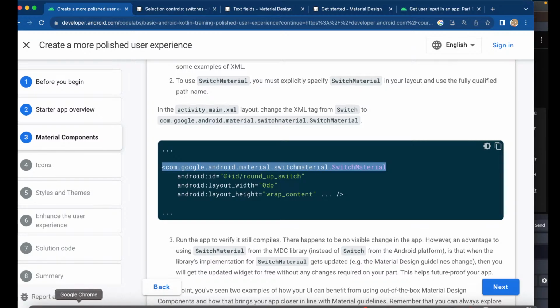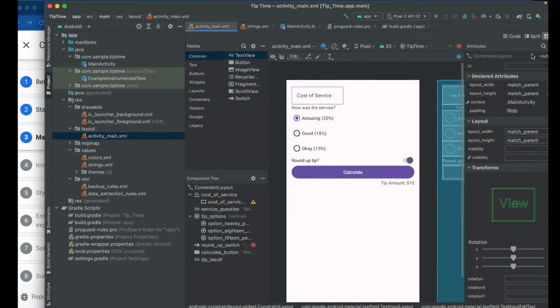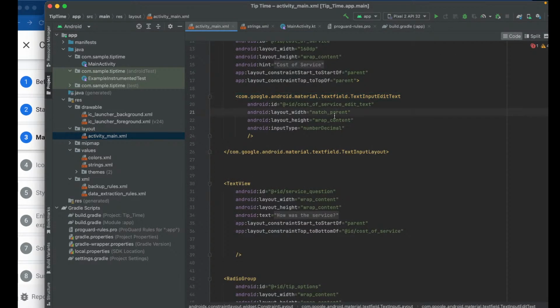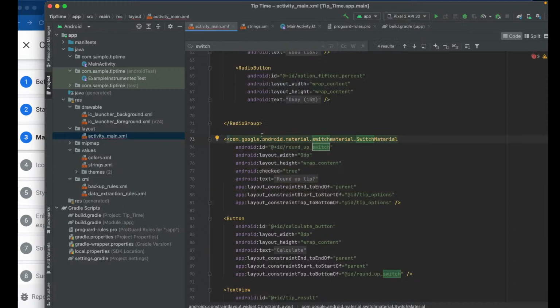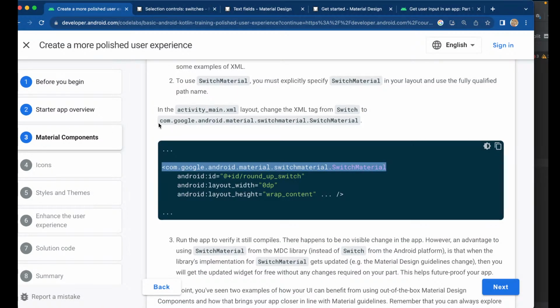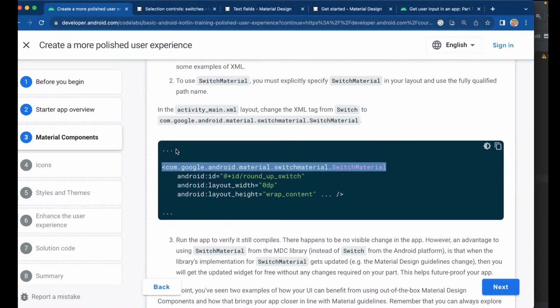We're going to go ahead and go to the activity main, and then we're going to go to the code, and then we're going to find the switch, and then we're going to change the switch to this, com.google.android.material.switch.SwitchMaterial. Then we're going to delete that there. So now it says